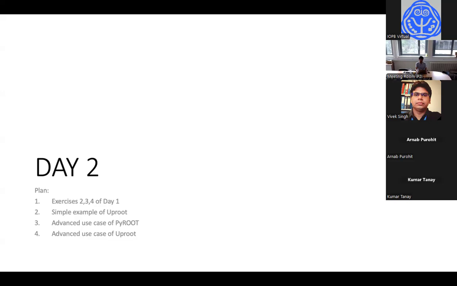exercises 2, 3, 4 of day one, but obviously not going through line by line, giving details of each line, just an overview. And then we will start with one or two simple examples of uproot. And then we will move to the advanced use case of PyROOT and uproot. So we will see how much we can cover today, but then obviously tomorrow there will be another session when